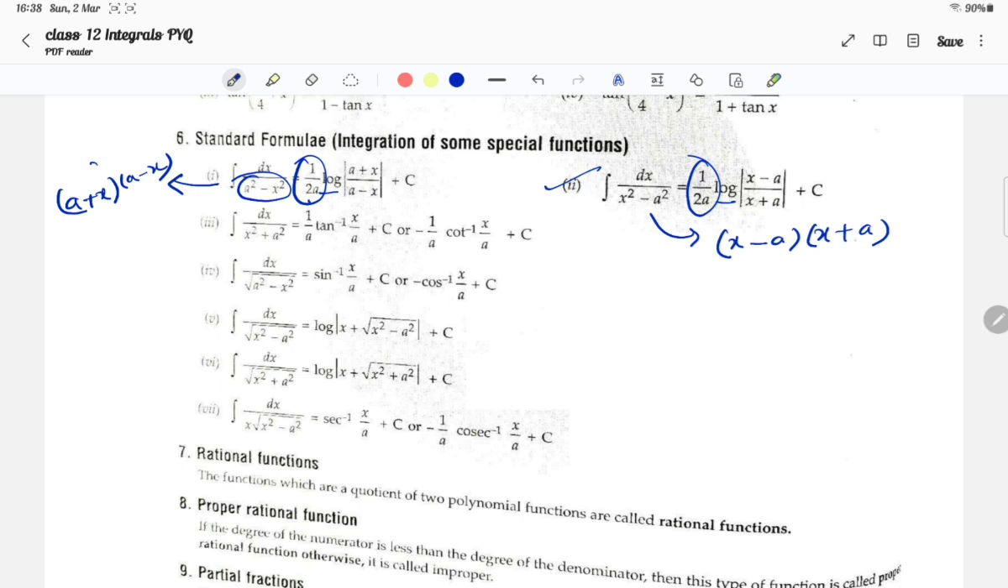and inside the mod it will be a plus x, first factor will be in numerator and second factor will be in denominator. Here also first factor will be in numerator, second factor will be in denominator. So you have to remember that for constant, if they are in the first position, a plus x will be the